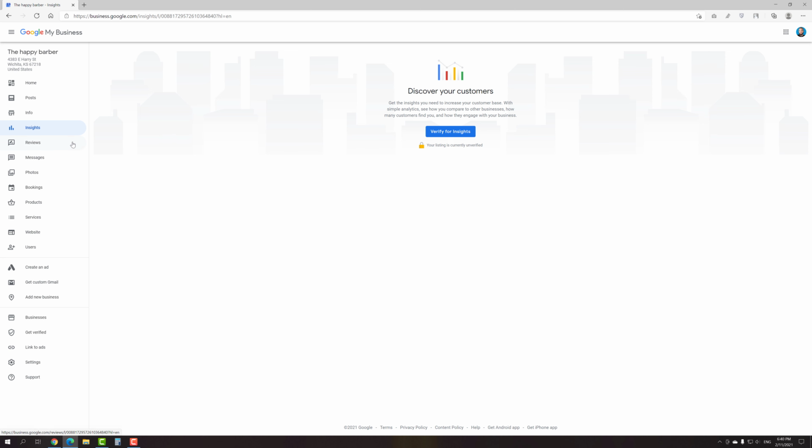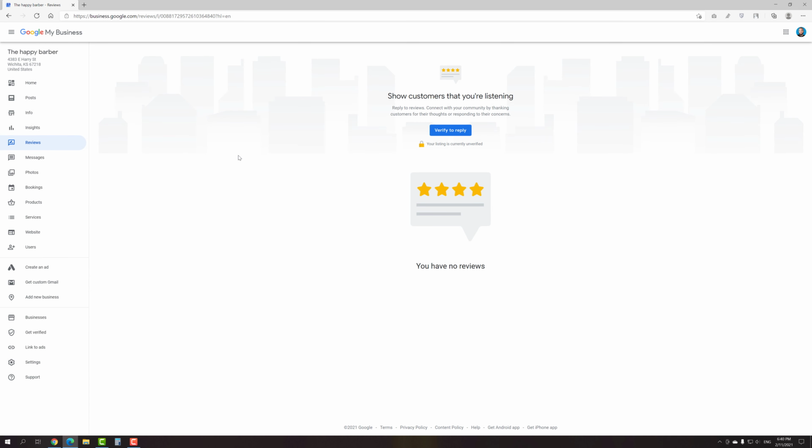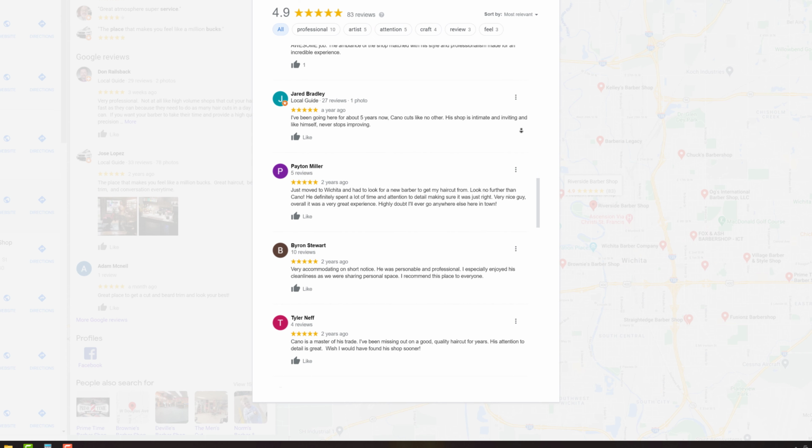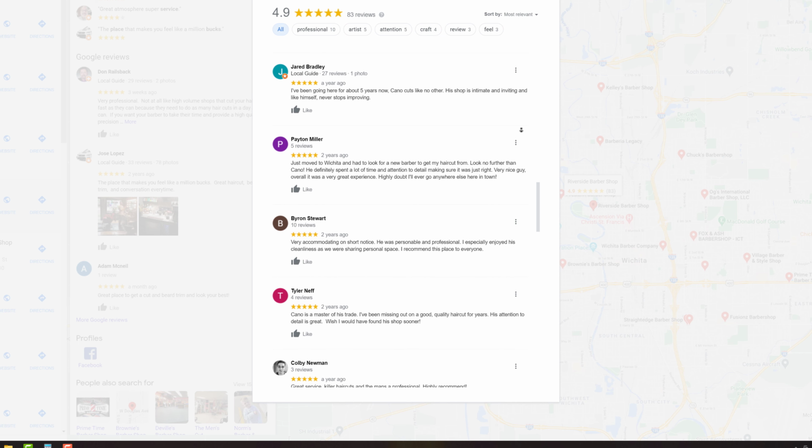Then we are gonna go over to the Reviews tab. It's crucial to try to get as many reviews as possible, not only because they have a huge influence on consumer buying, but also because it's one of the vital ranking factors. In addition, Google may also display business profile in search results if it has reviews that contain those keywords.